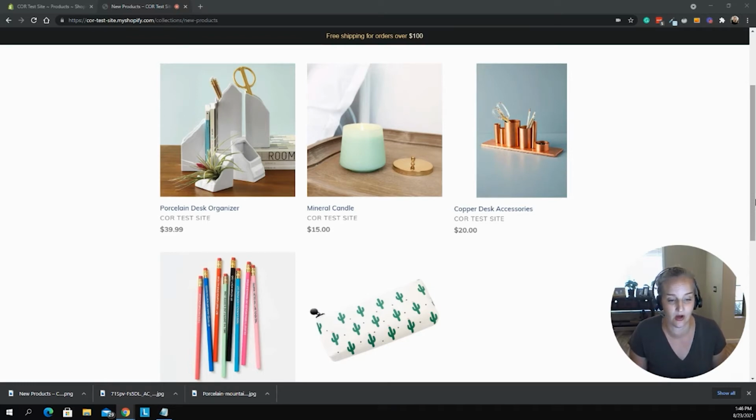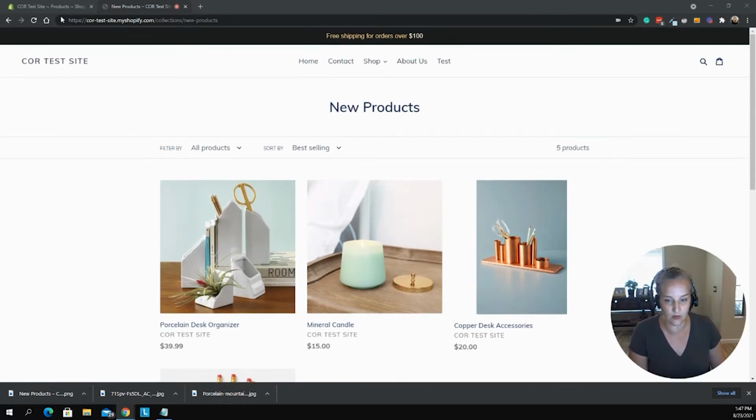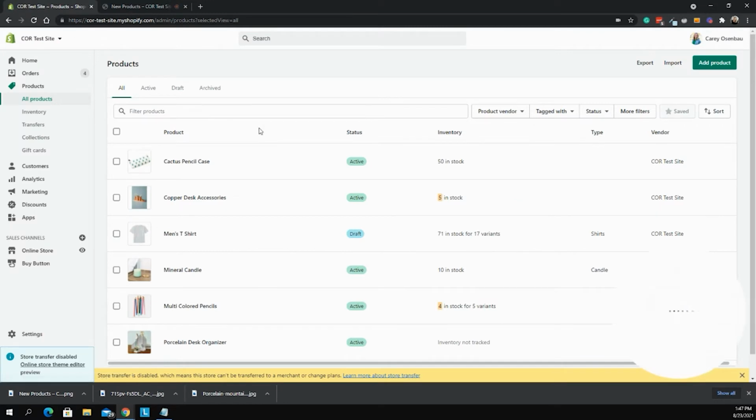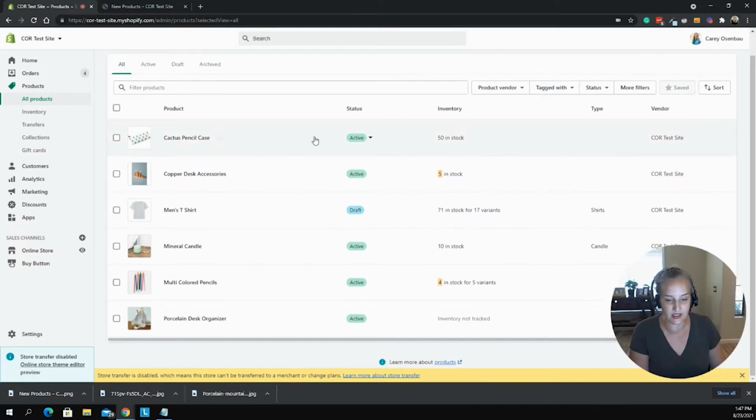So here we are on our test website, and we have a bunch of different products. Most of them are sized correctly, and we have even a couple that have a little bit of different cropping. So if we wanted to make these all the same size, there is a native tool within Shopify that you can easily do this. So here I'm going to navigate over to our products section, and what I'm going to